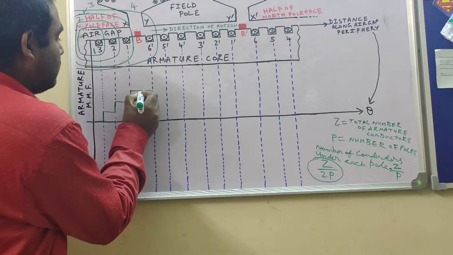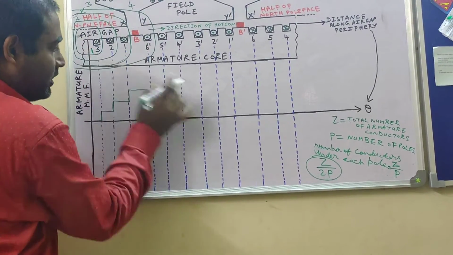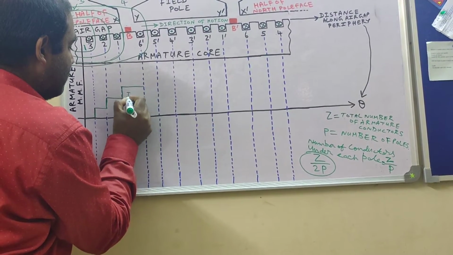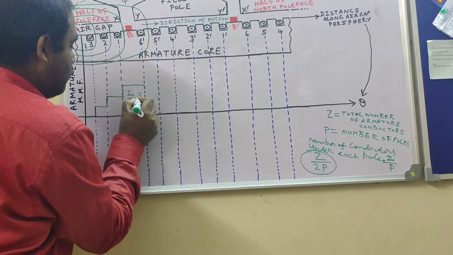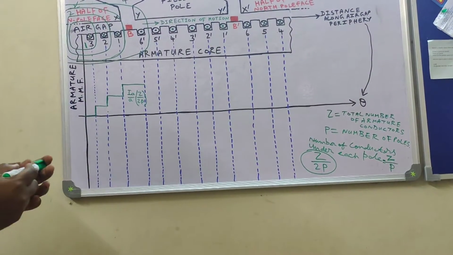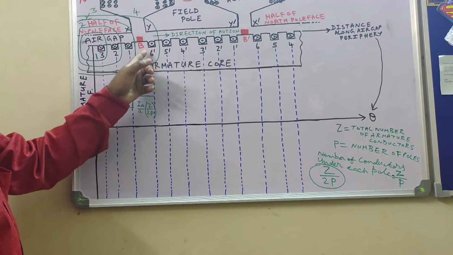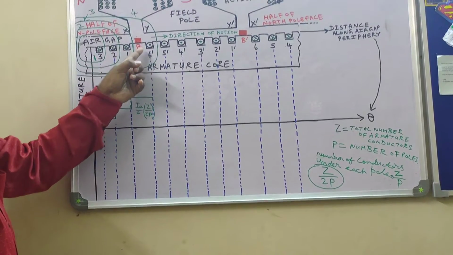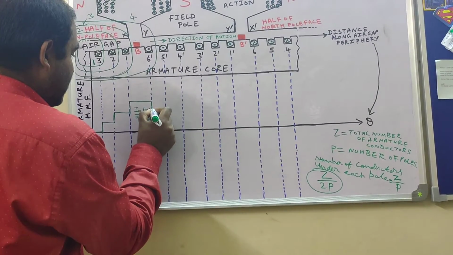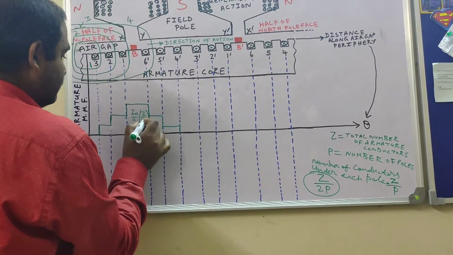So what is the magnitude of this one? What is the number of conductors under this half of the pole face? Under this half of the pole face the number of conductors is Z by 2P and the current carried by each conductor is Ia by A. So Ia by A multiplied by Z by 2P. That's the magnitude. Now in path number 4 you see there are 3 cross currents and 1 dot current. So net how many cross currents should be there? 2 cross currents, because 1 dot and 1 cross cancel. So over here you will find that there is a drop in MMF. Again there will be a drop in MMF here, and here it will become 0. Okay.